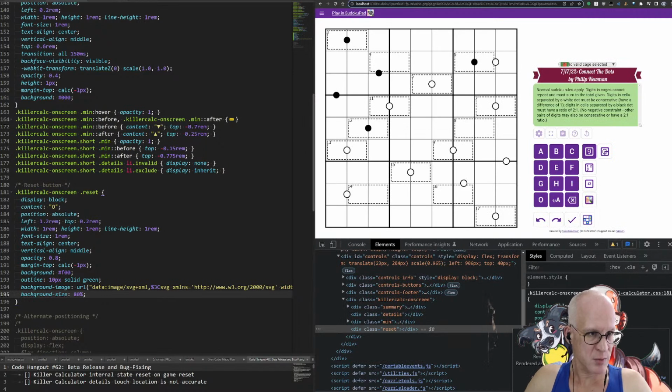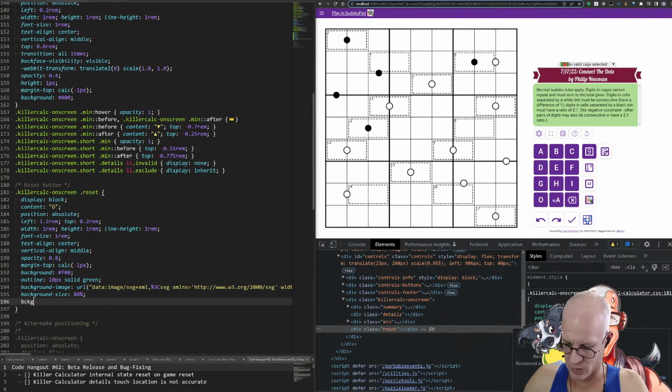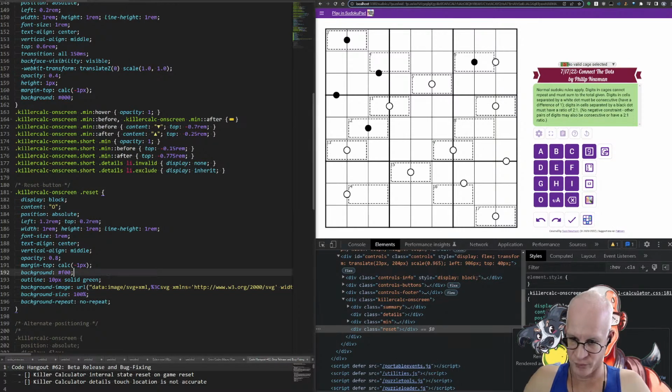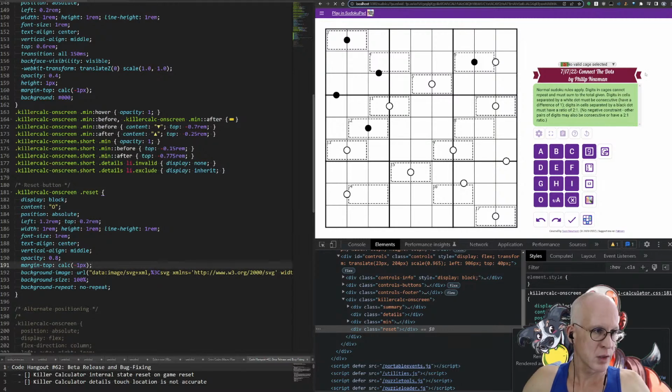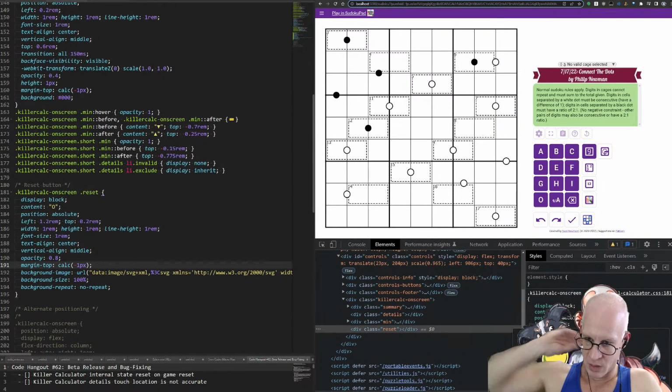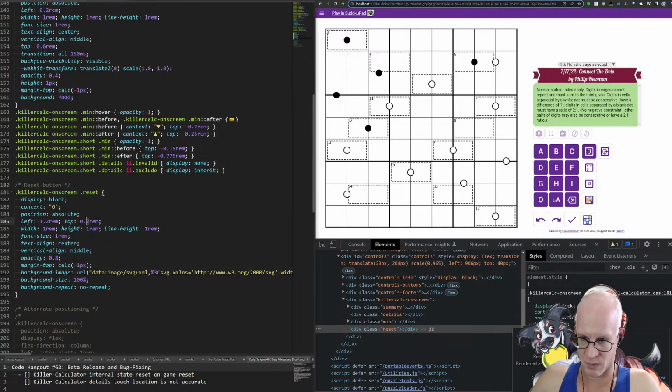I have too many browser windows open already. Okay. Background repeat. No repeat. 100%. Boom. Then we don't really want this red. We don't really want an outline. We want something like this. And the top is